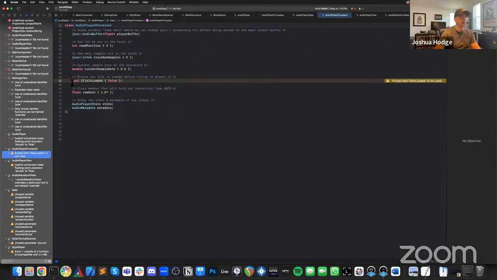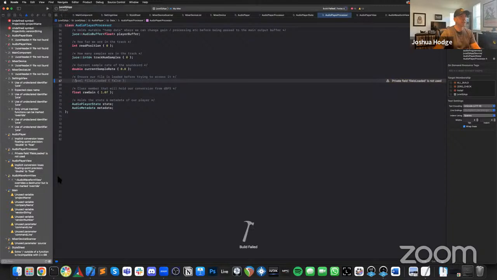Private field file is loaded is not used. So I'm just going to comment that out. This is what building really is. It's just